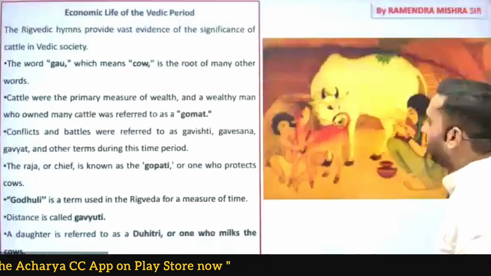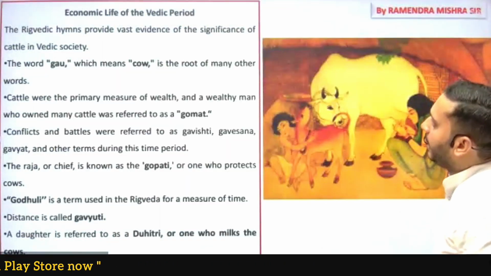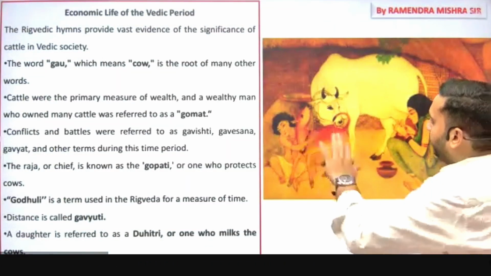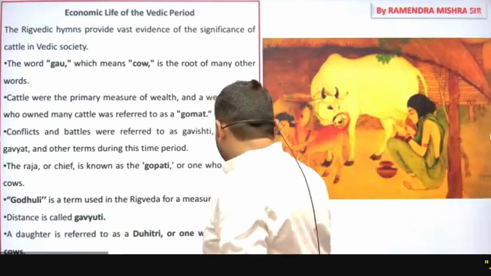Give me a second. See, first we have to go with this stanza, and then